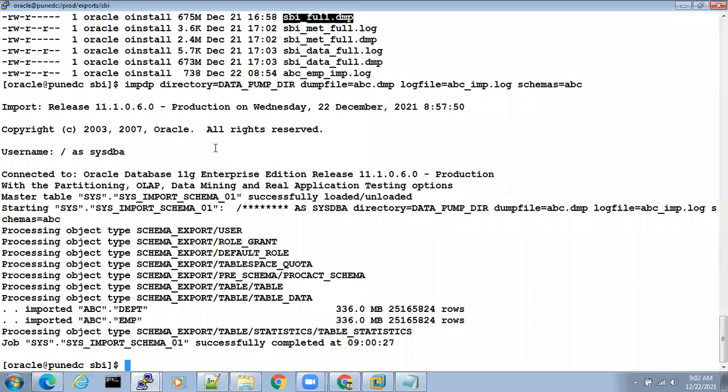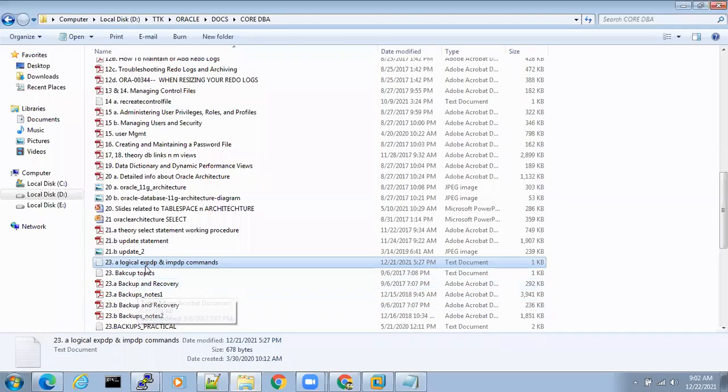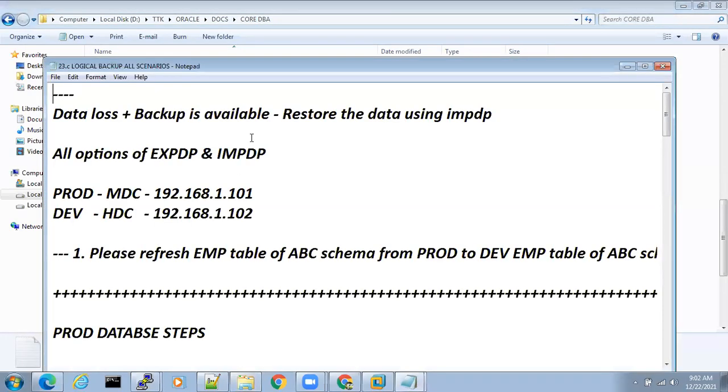This is about IMPDP. And there are some more options where you can use IMPDP. For that, we need to go with an additional server. If you have to go with the real-time concept, we have to go with the additional server, which I'll explain to you. Or else, I will take the same server and explain some more concepts. There are some scenarios which I'll explain to you.